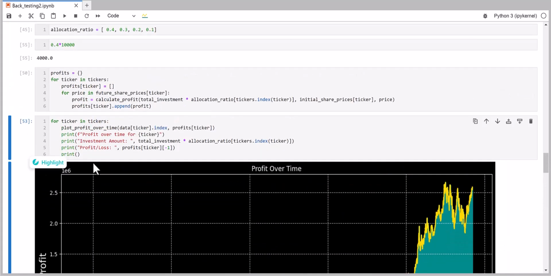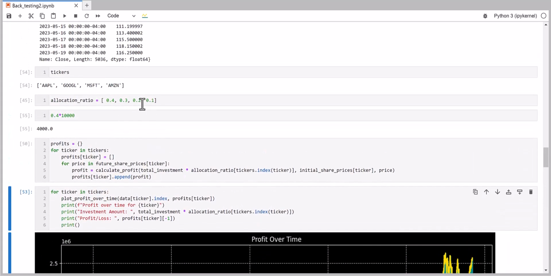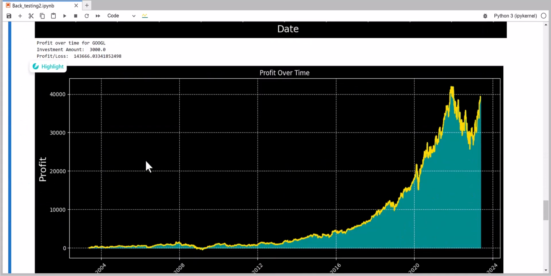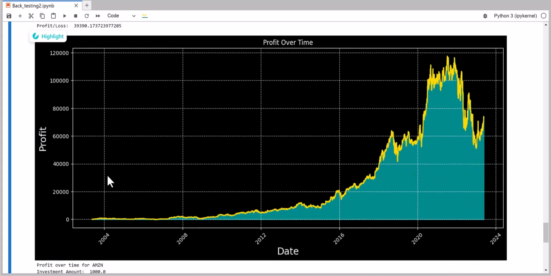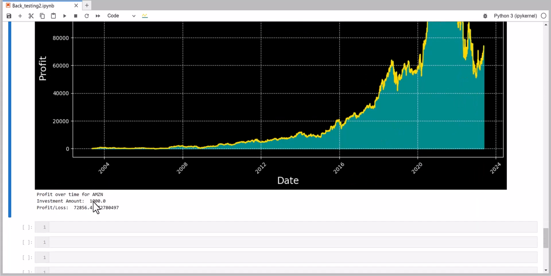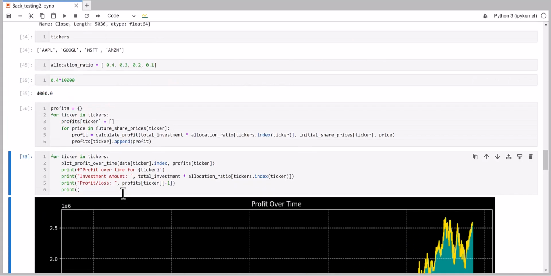Another one is Microsoft, at 20%. So 20% on Microsoft, that is 2,000, right? And we have only 1,000 left, which will of course be for the last company. So the profit for Microsoft will be 39,390, right? And another is Amazon, where we have invested only 1,000, basically our last leftover money